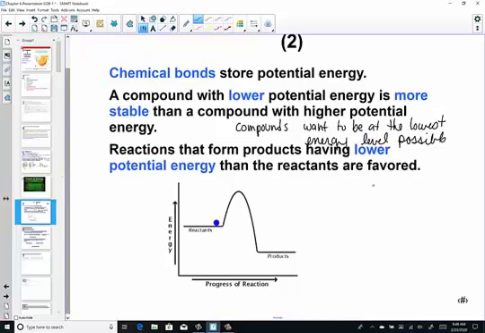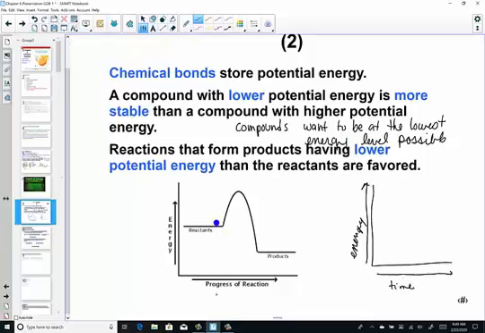Here we have just an XY axis where we can see on the Y axis is energy. And we'll learn that energy is going to be measured in joules or in calories. Calories might be a more familiar term, just from food intake being measured in calories. And in the metric system, we'll write down joules. But you can see as energy is increasing on the y-axis, and you can just think of this as time. Time goes by and reactants turn to products. You call that progress of a reaction.